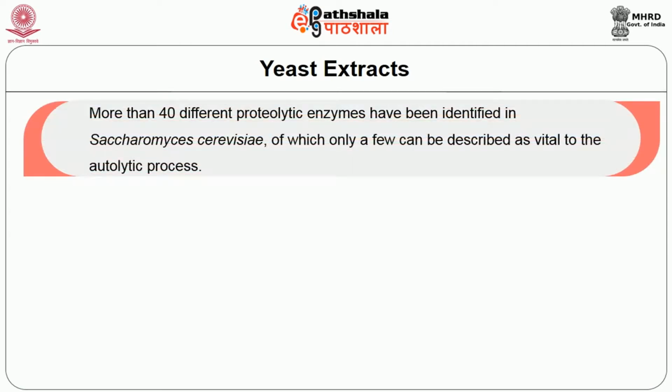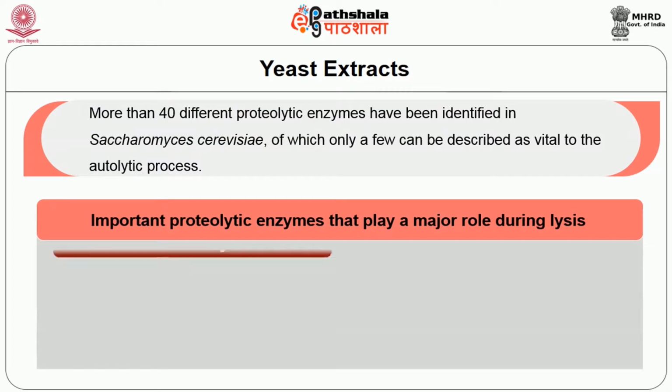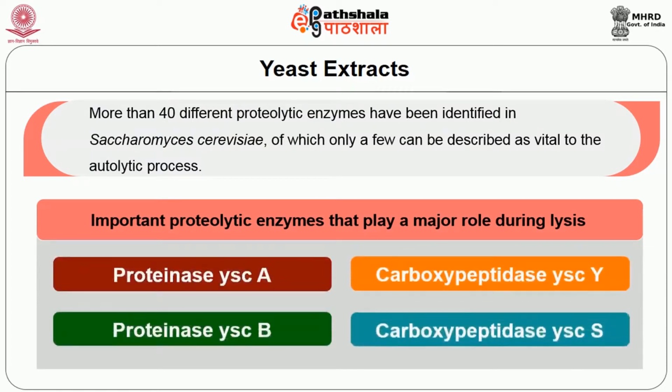More than 40 different proteolytic enzymes have been identified to date in Saccharomyces cerevisiae, of which only a few can be described as vital to the autolytic process. A few of the important proteolytic enzymes that play a major role during the lytic process are proteinases and carboxypeptidases. All these soluble proteases appear to be localized in the vacuole, whereas their inhibitors are in the cytoplasm, that is